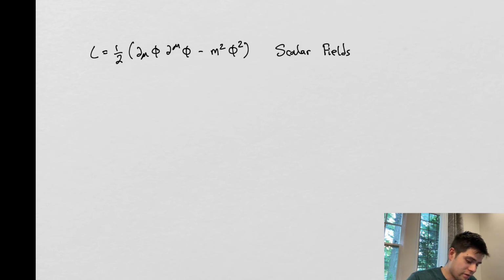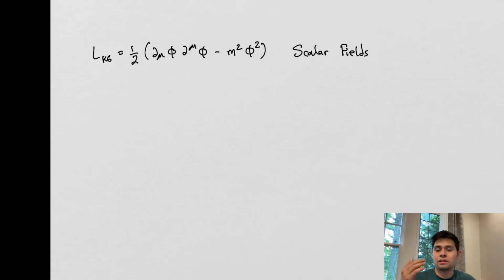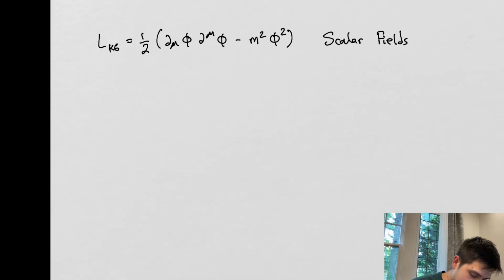Right here, what I have is the Lagrangian for the Klein Gordon equation. Right? So this is the Klein Gordon Lagrangian. Sometimes you'll see it written as L_KG, and basically it's the Lagrangian that when we apply the Lagrange equations to it, we get the dynamics for a scalar field. And it's been proposed that the only scalar field out there is the Higgs field, and we'll get into that also. But let's get right into this, right? So we have this Klein Gordon Lagrangian, and we want to apply the